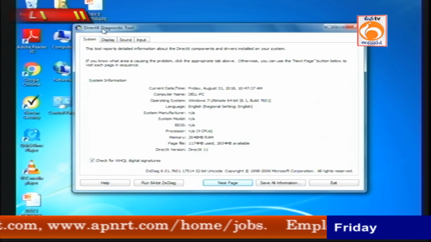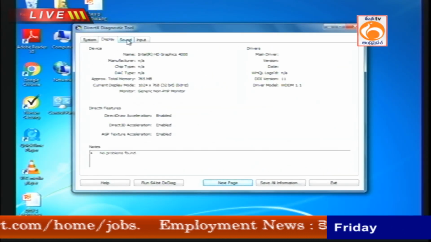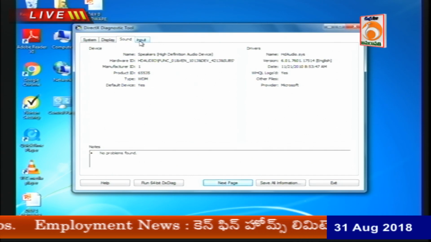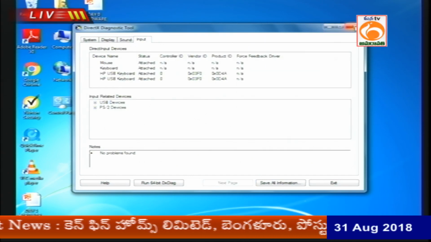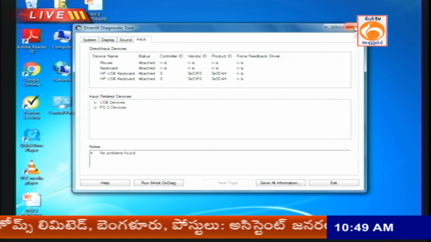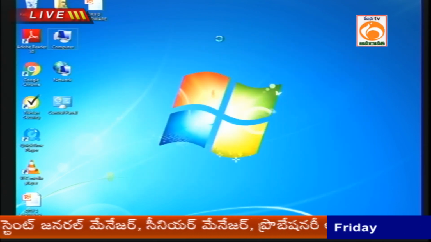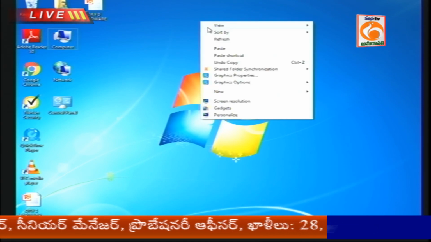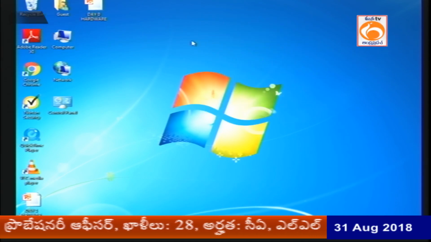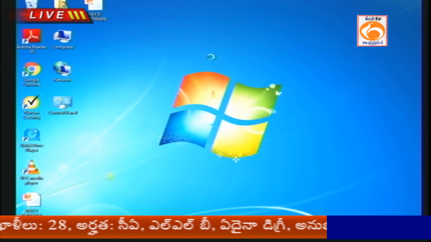The first tab is system, the second tab is display, the third tab is sound, and another one is input. Full-fledged information on computer configuration is available by using the third way. And the fourth way, the last way to check your computer configuration is, wait a minute,